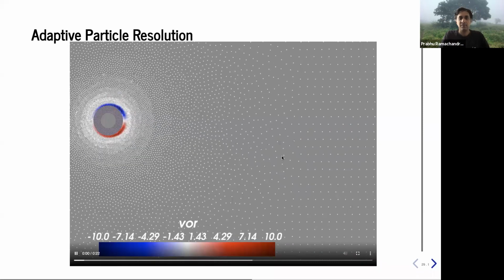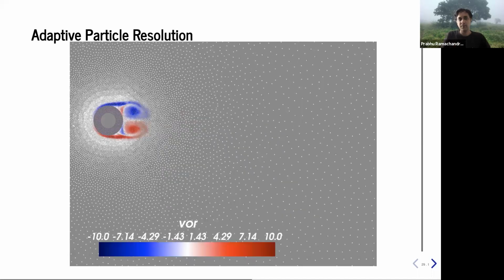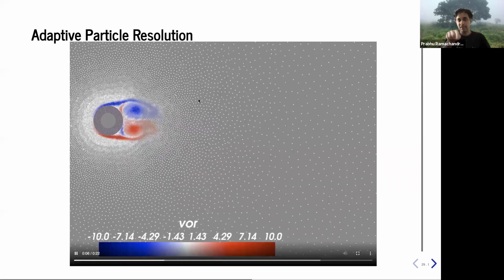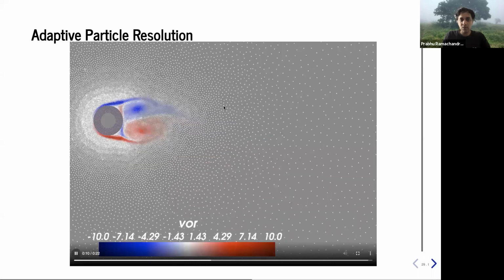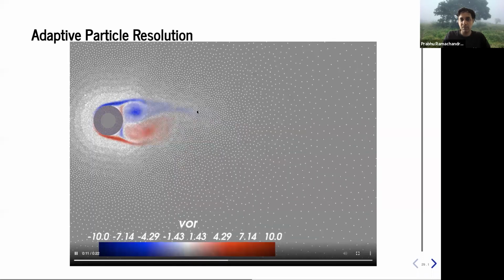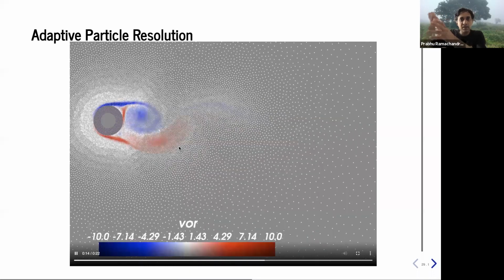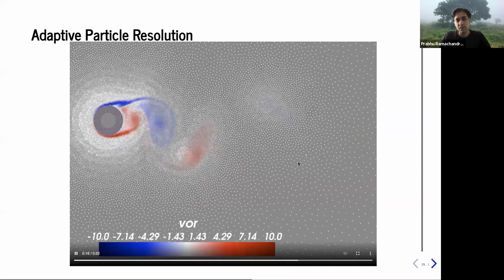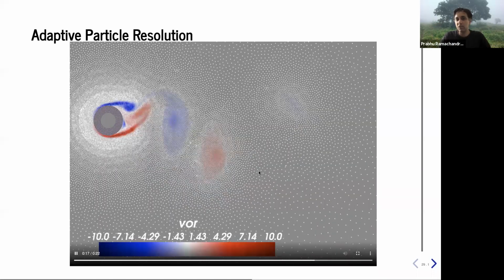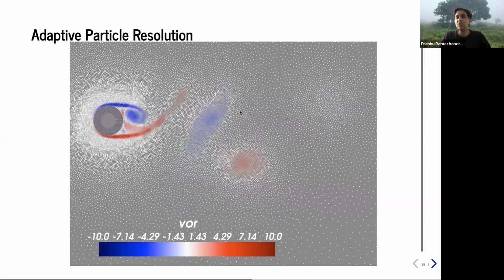This is flow past this, and you'll see that essentially two vortices form behind the cylinder. One is turning this way, the other is turning the other way. Now what you're going to see is, notice that the refinement of the regions is essentially growing as you move away. Wherever there's something interesting happening, the algorithm automatically adapts and refines those regions. As you can see here, it was originally very sparse, but towards the end, it actually is much more refined.